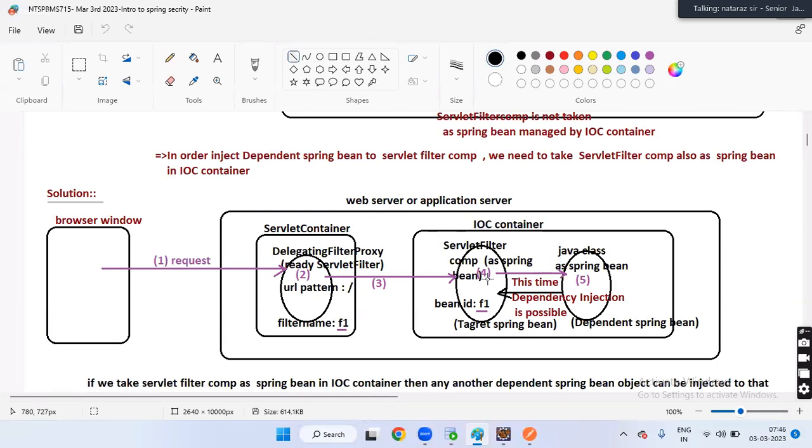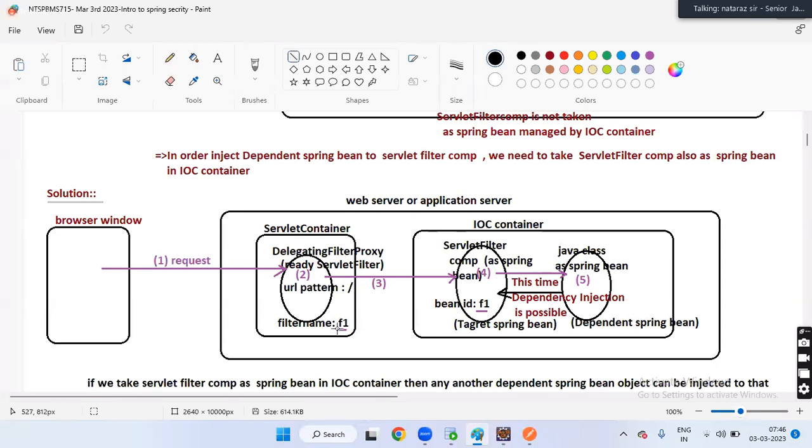Okay, question number 1. Listen. Sir, it's ready-made now, so how can we give a logical name? Though it is ready-made, in web.xml we can configure it on our own. Come on, guys. Though it is a ready-made filter, the dispatcher servlet is also ready-made. Are we not configuring it? At that time we can give the logical name.